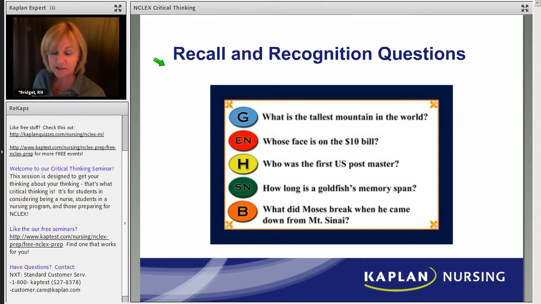For the NCLEX, there's lots of things you have to memorize. You do have to know about the mandible. You have to memorize lab values. You have to memorize about the ABGs, right? You have to memorize developmental stages. There's lots of content to remember. But it's not enough to go into a patient's room and say, "Hi, I'm your nurse, and that's your mandible," right? It's not enough to do that. Nurses need to be able to do more than just remember content.